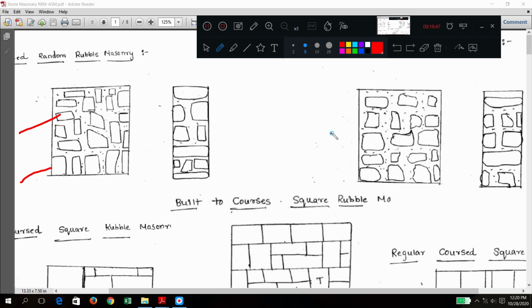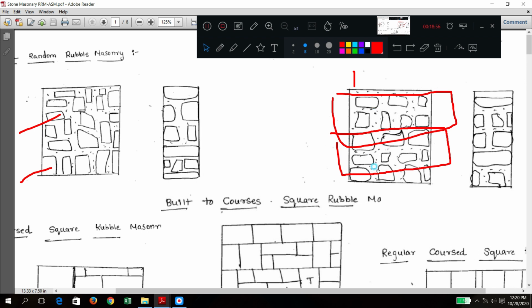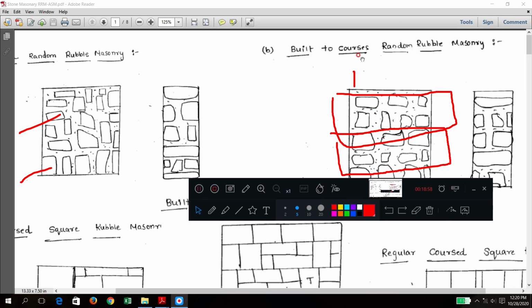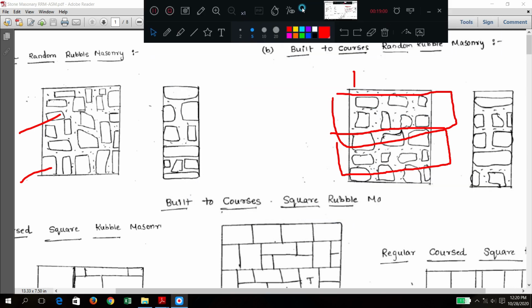And here somewhat layer type of structures is there, so that is why we are calling it built to course, built to course random. Here stones are random, this is also random. But when you come to these three diagrams, these are square, these are called square. Okay, so this is the five classification.